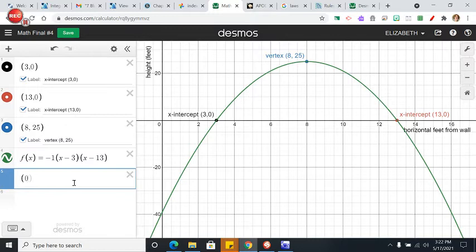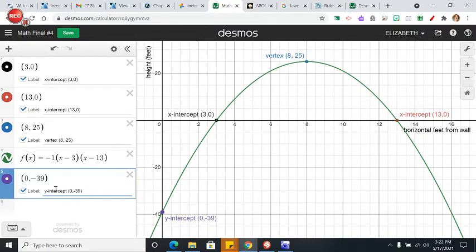Let's just go ahead and put that in there. 0, negative 39. That's our y-intercept. Okay, so we've got our y-intercept, we've got our x-intercepts, we've got our vertex, we've got our